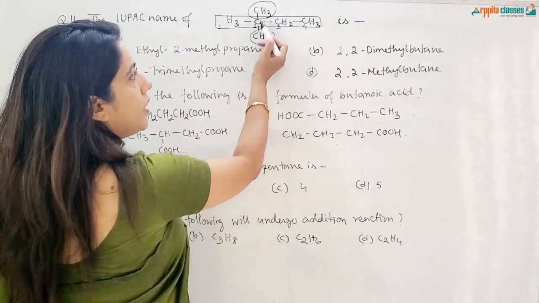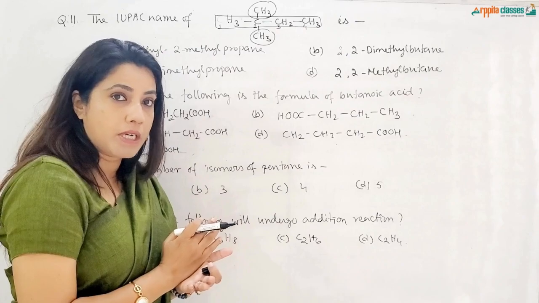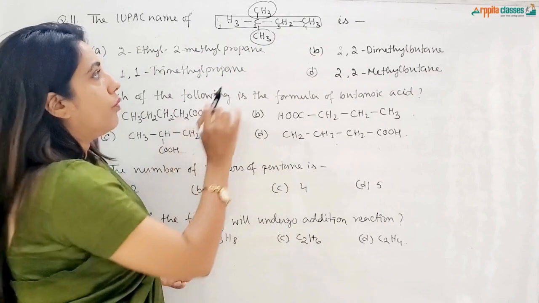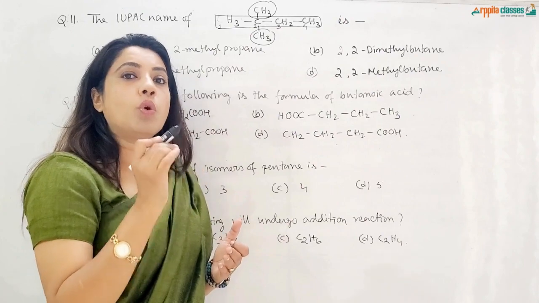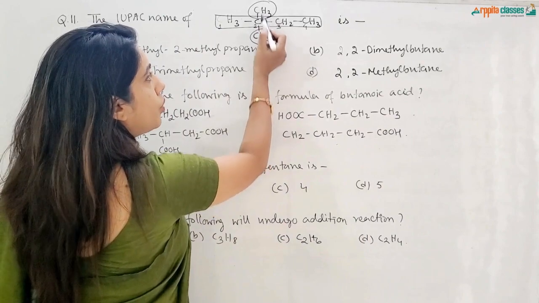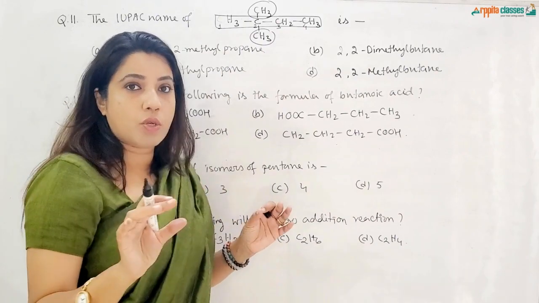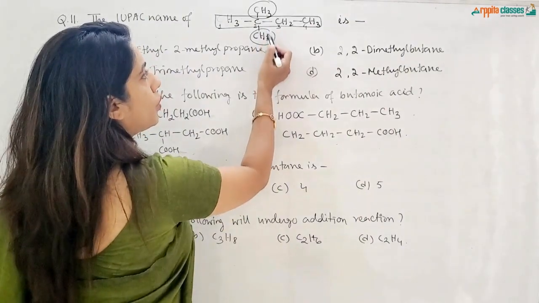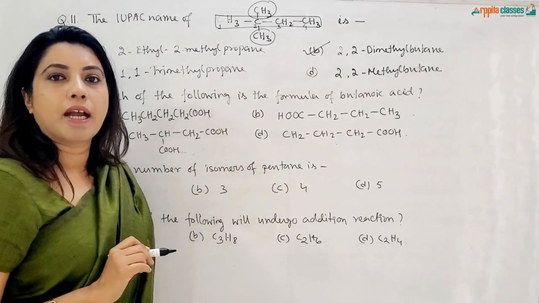Now first we need to write down the locant of the substituent, that is the position or the number of the carbon atom where the substituent is attached, and then we have to name the substituents. We can say the substituents are methyl. So we'll say 2, 2. In the second carbon there are 2 methyls attached. So 2, 2. How many methyls? 2 methyls. So dimethyl. So 2, 2 dimethyl, and then the longest chain, that is butane. The longest chain is called the word root. So the word root will be butane here because it contains 4 carbon atoms. So 2, 2 dimethyl butane. Let us see which option it is. This is option B, 2, 2 dimethyl butane.